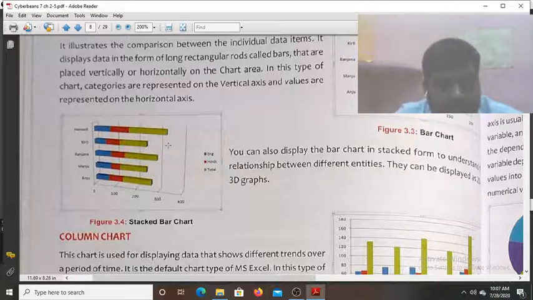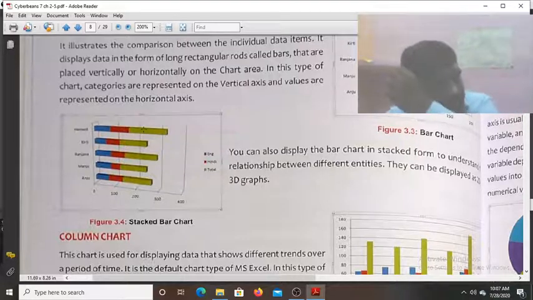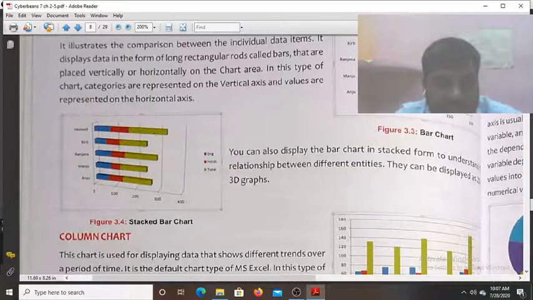Here you see in the stack bar chart, all the three bars are drawn on a single horizontal line. First you are seeing the blue color, then red color, then green color. So first green color representing the marks of English, second Hindi, and third the total. It is the total marks that is represented here. So that is the stack chart. In one horizontal line, three bars are represented, one over the other.